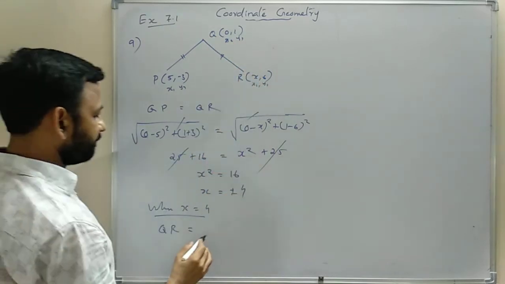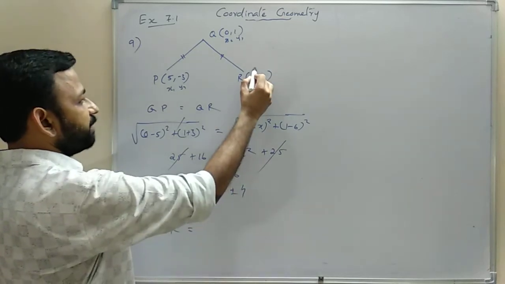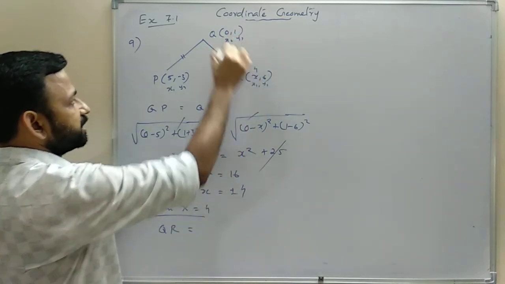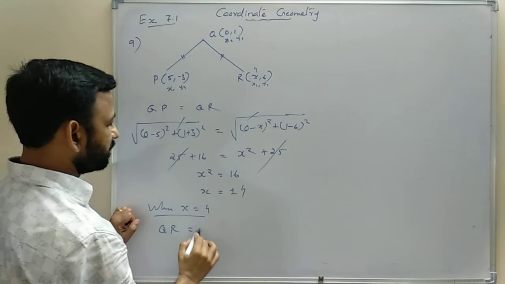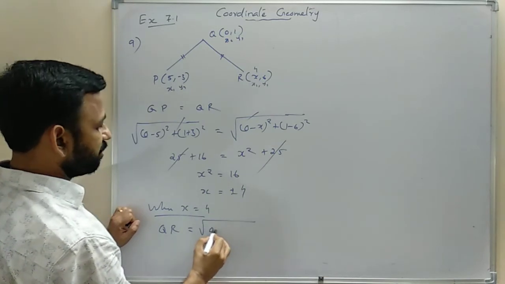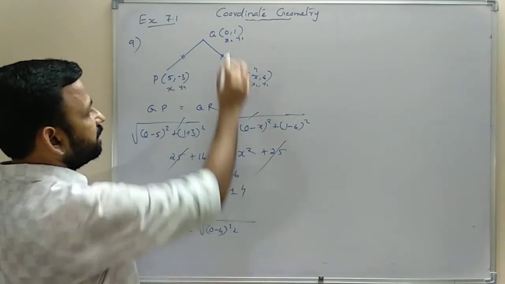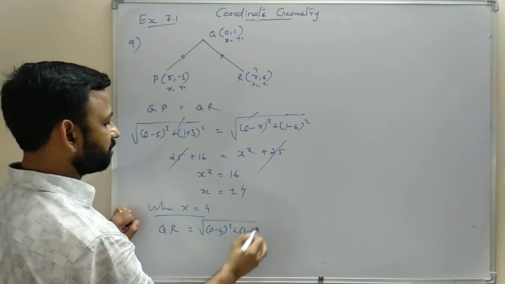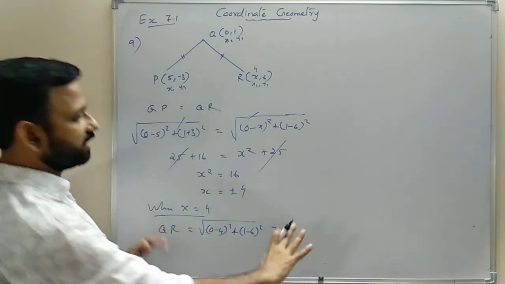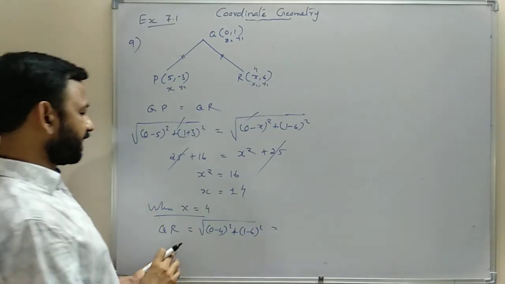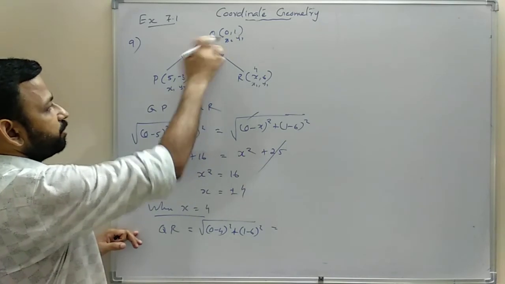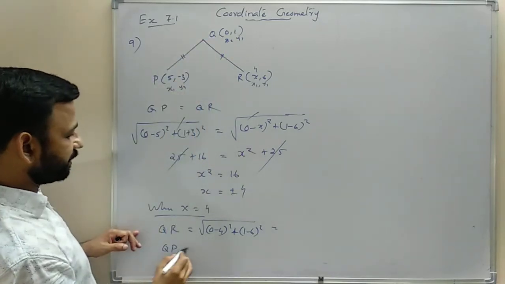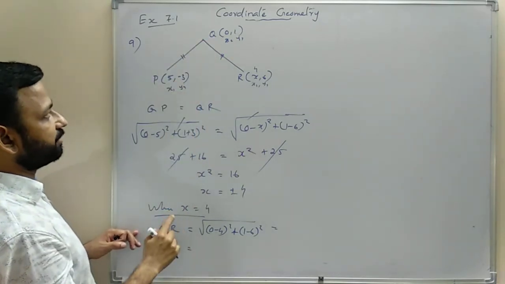Then we can find QR is equal to, when we replace x by 4 here, then the distance between them, x2 minus x1 the whole square, that is 0 minus 4 whole square plus 1 minus 6 whole square. So when we simplify, we will get QR. And similarly we can find QP. So that is QP is equal to, and here when x is equal to,